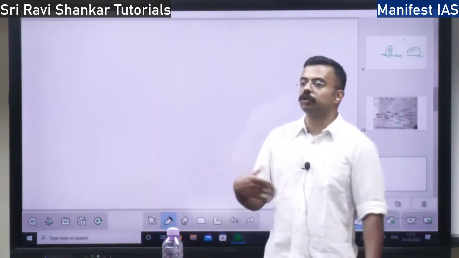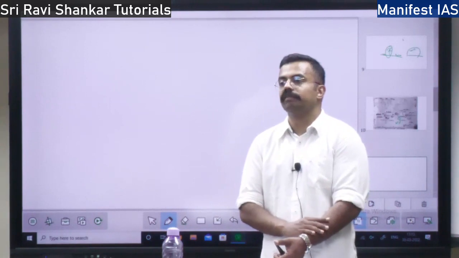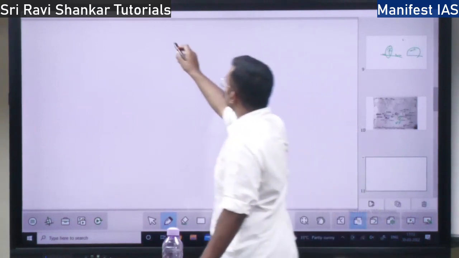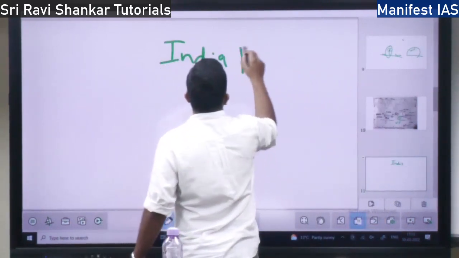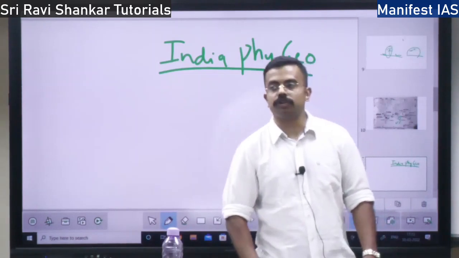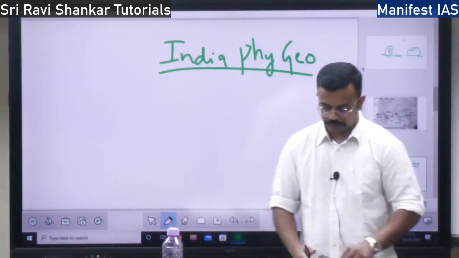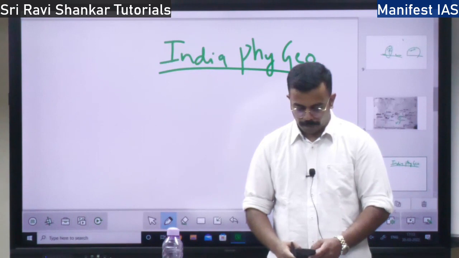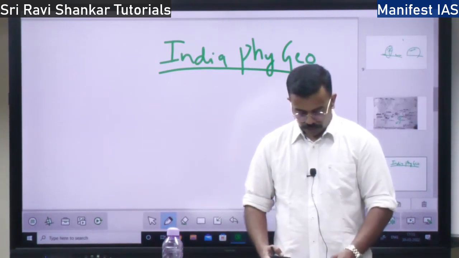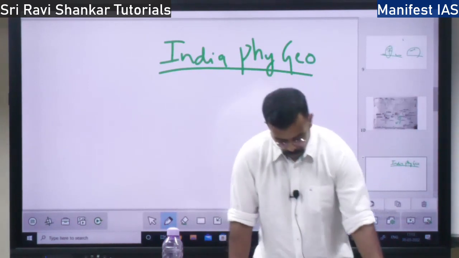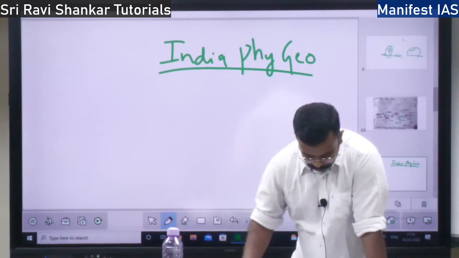physical geography. We will move towards India's physical geography. We'll talk about India now. So what is India's physical geography? First we have to talk about India's location. So what is the longitude and latitude of India? What is the longitudinal extent of India? So the longitude of India is,